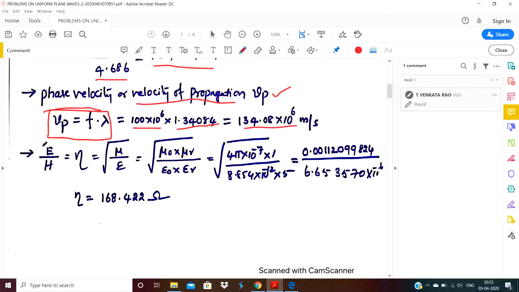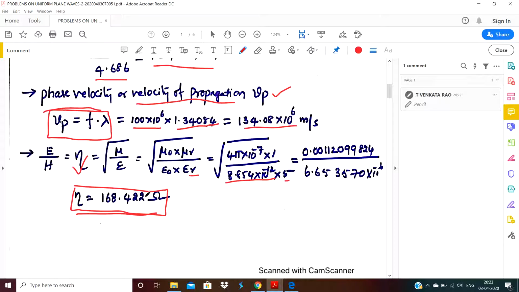Now they have asked us to calculate the E by H ratio. It is nothing but eta, the intrinsic impedance. This equals the square root of mu by epsilon. This mu and epsilon can be expanded in terms of relative and absolute values. We know the values: 4 pi into 10 power minus 7 into 1 here, and similarly the absolute permittivity 8.854 into 10 power minus 12 farads per meter. Relative permittivity epsilon r equals 5. By simplifying this, and with further simplification,